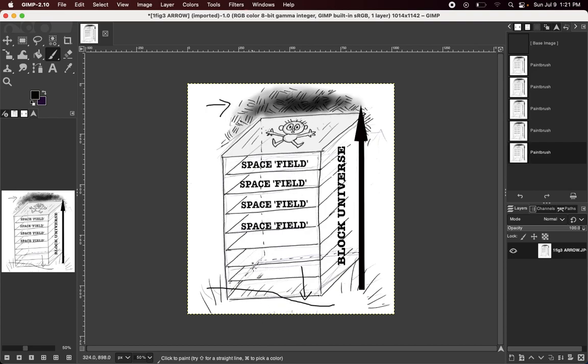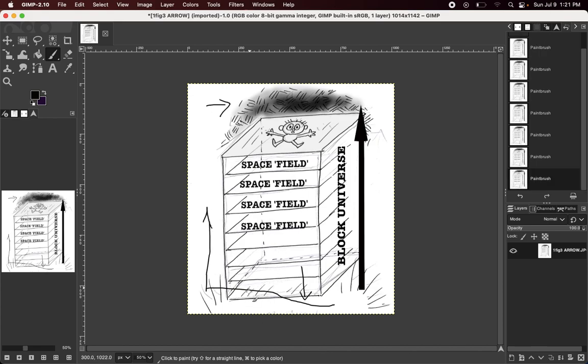And due to this energy, which moves in this direction, from energy to entropy, which is how energy works. Now we're talking about more fundamental things, which I will not get into here. But due to this energy, the block universe, here's a better arrow, the block universe is moving. So these fields of space, or the energy, all of it together, is moving from the energetic down here toward the entropic up here.